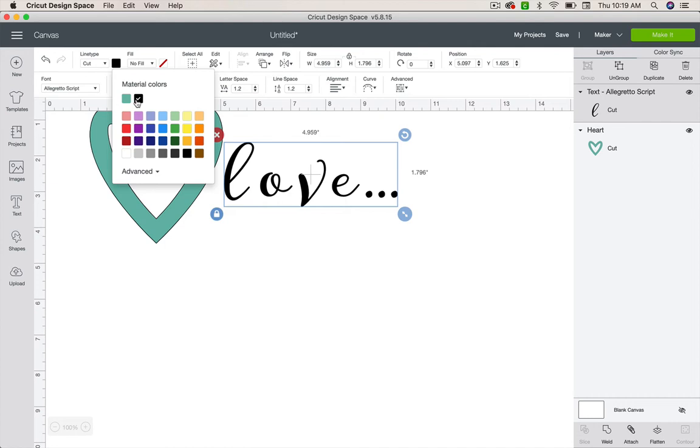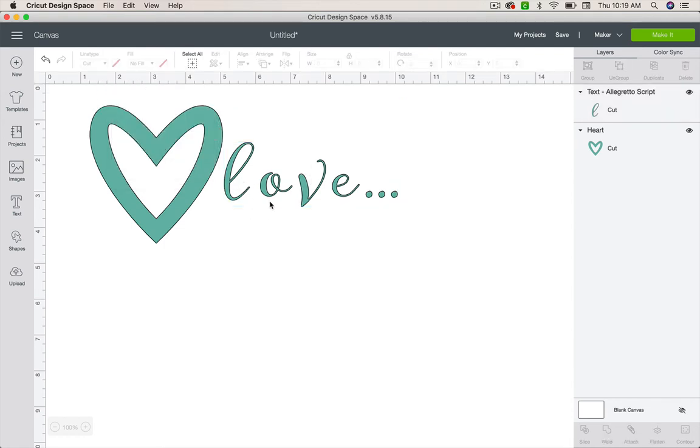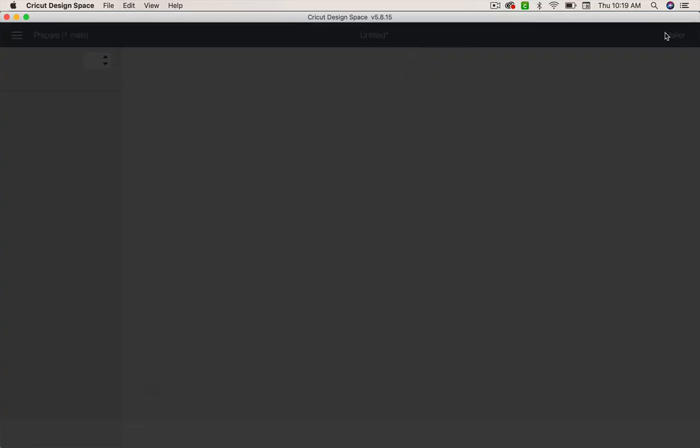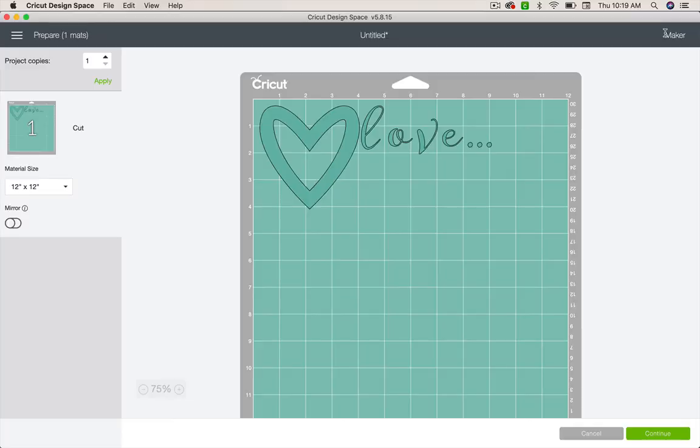If I had any other colors, they would be listed here too, so that I can mimic them and make them the same. So now my love is going to cut in teal, and I'm going to click make it, and you'll see that it put the two on the canvas together, but notice how it moved the love up to the top. It's like squishing it into this top left corner because it's trying to save my material and save me time and not eat into